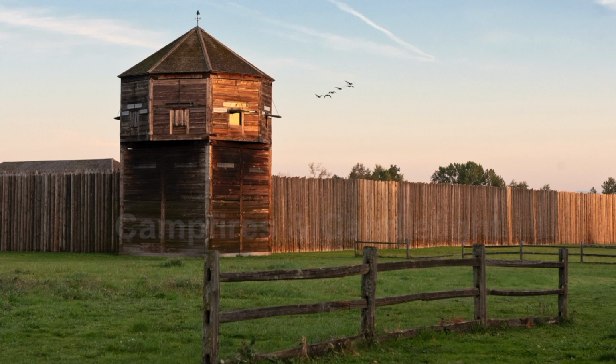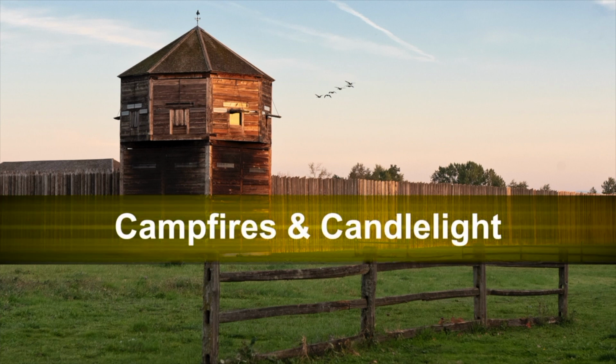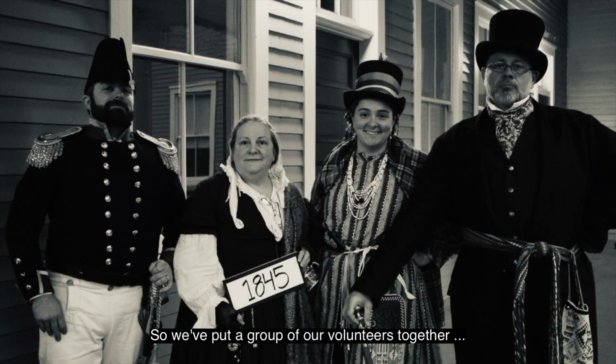Outside the stockade is a field of green, with a couple of stretches of fence posts. The sky is clear, ranging from white to light blue, and there is a flock of geese flying over the stockade. Behind the stockade, the tops of medium-sized trees can be spotted. The sun is starting to set, casting a warm light on one side of the bastion and dark shadows on the other. This fall, we're unable to hold this event safely, so we've put a group of our volunteers together